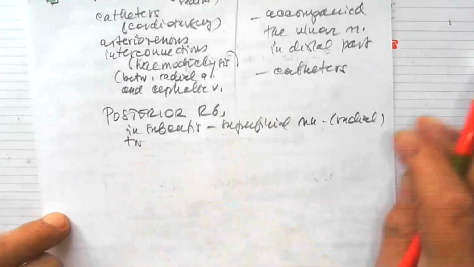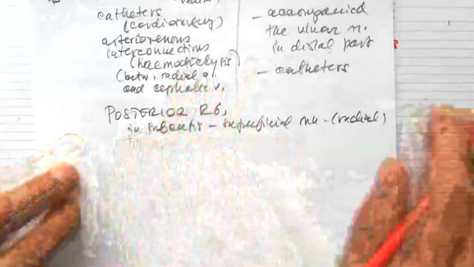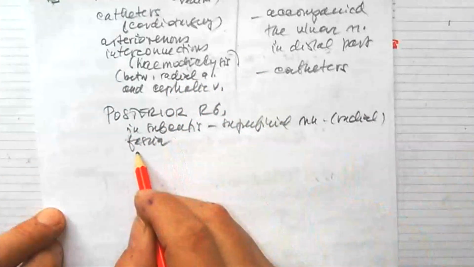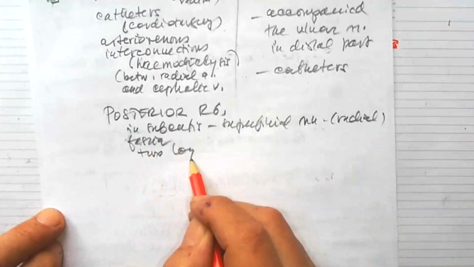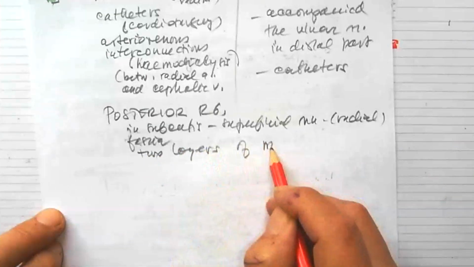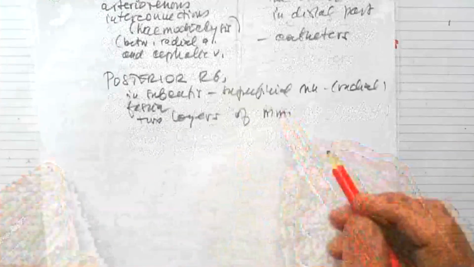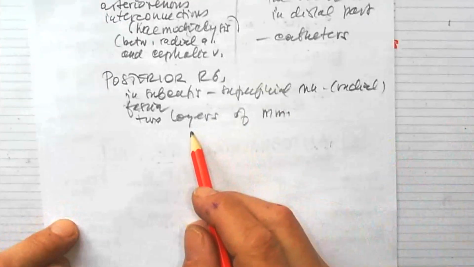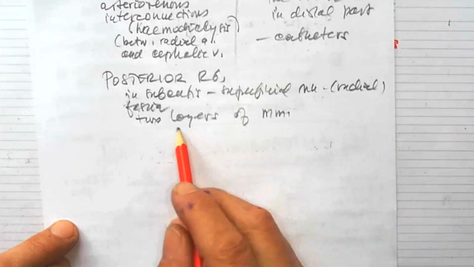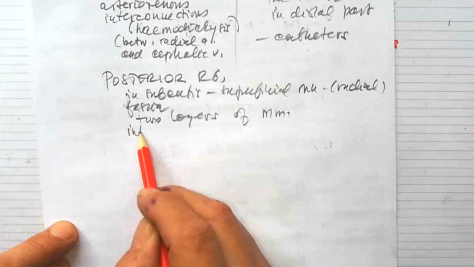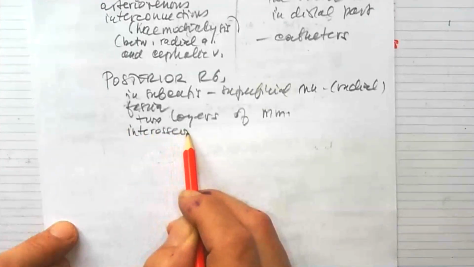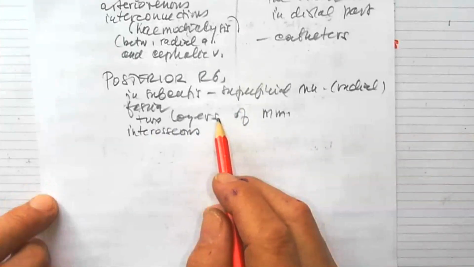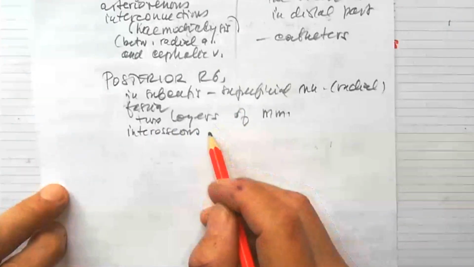Then fascia, definitely, follows. We will remember fascia antebrachii, and then two layers of muscles, many extensors, but also muscles of the thumb, little finger, etc. Okay, interosseous, and then don't forget the deep interosseous on the membrane,